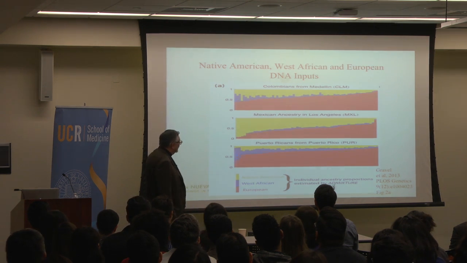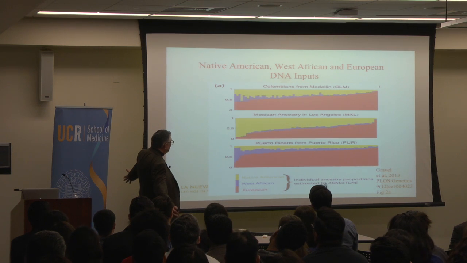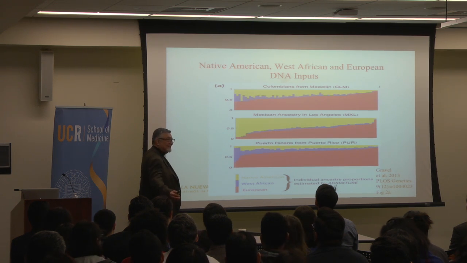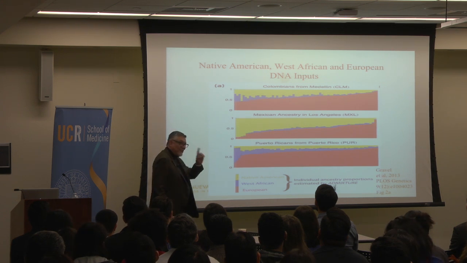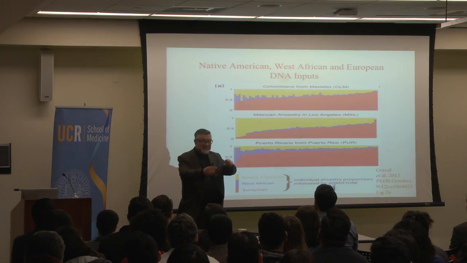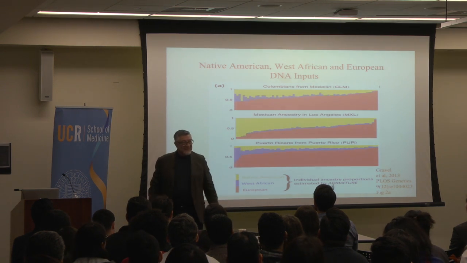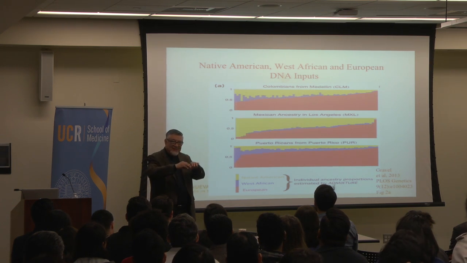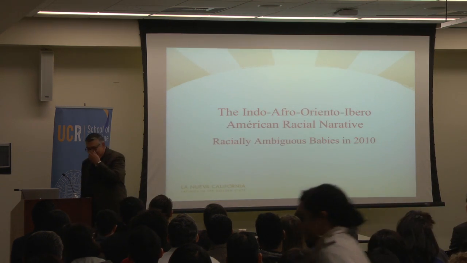Everybody's got some Native American, everybody's got some European, and everybody's got some West African. Everybody. So by the one-drop rule that gets U.S. citizens into that black column, shouldn't all Latinos be in the black column? But were black health outcomes the same as Latino? Let's take a look at this.